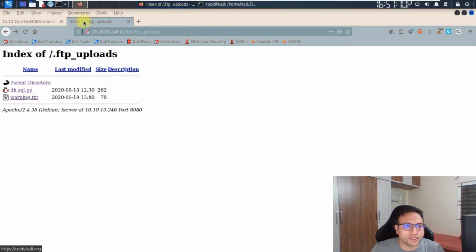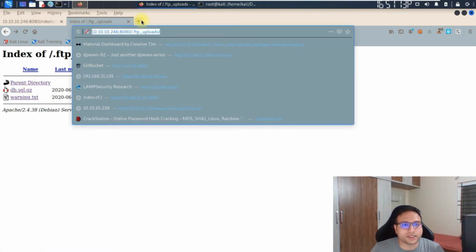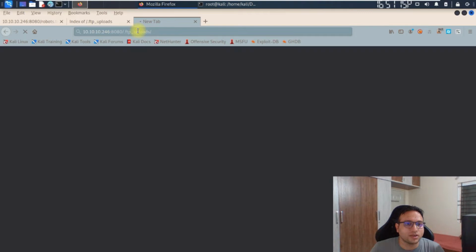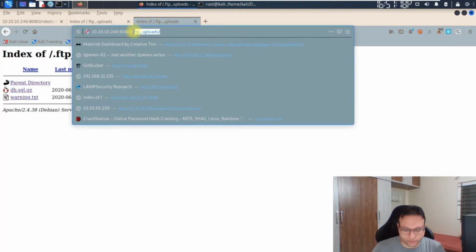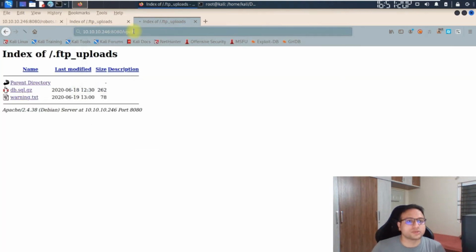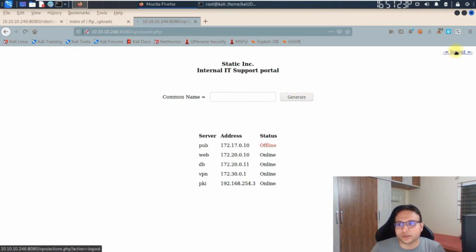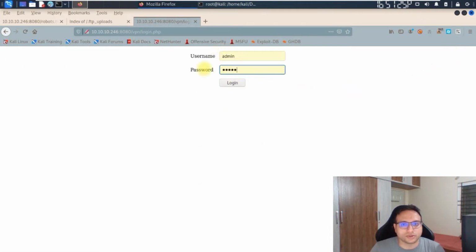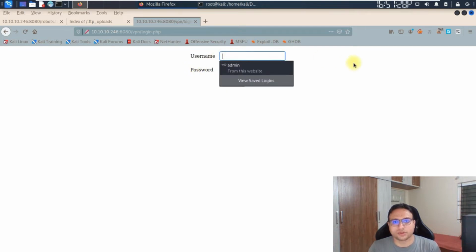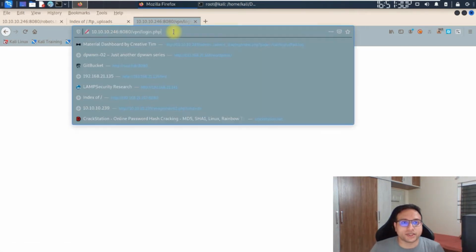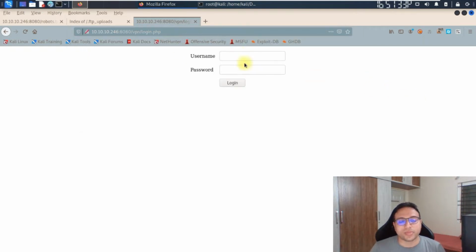This is the file which is present over there. Other than that, let me see what is inside that VPN subdirectory, so I'll access that one also. By default, when we access this, we can see it's completely blank for us. To log in to this portal, we have to retrieve the username and password for this section.